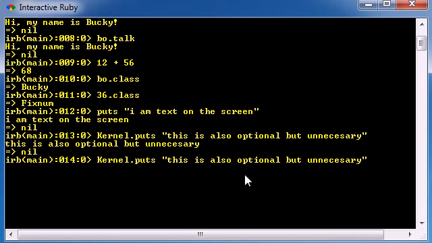So anyways, thank you guys for watching. Hopefully you understand the fact that pretty much everything in Ruby is an object, even numbers, and you also understand something called kernel methods, which are basically built-in methods that we can use, and you can use the optional kernel if you want to,